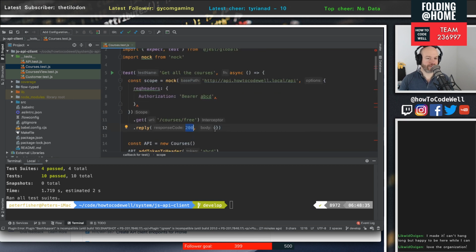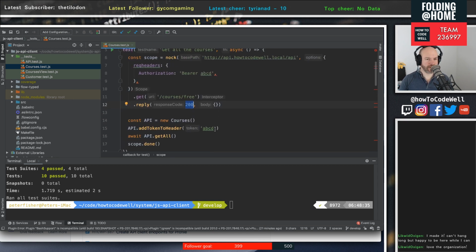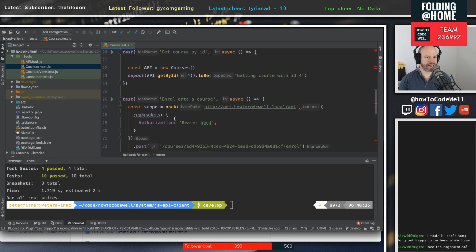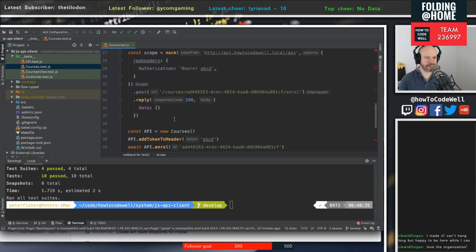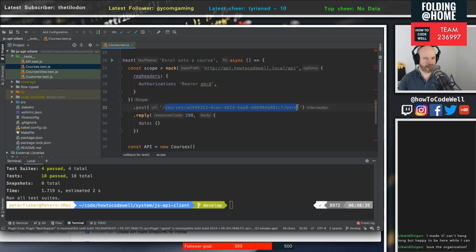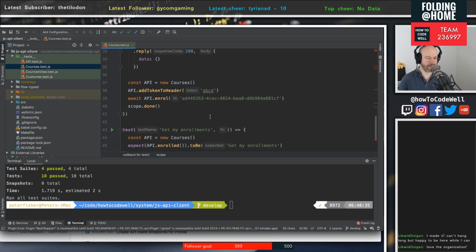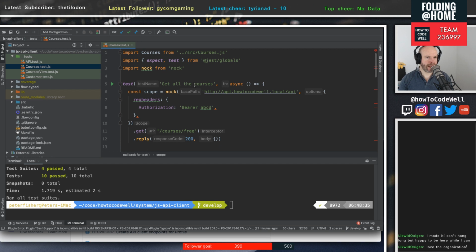You can go into a lot more detail with this, you can even mock the body, but we don't need to at this stage. I'm only worried about mocking the request itself. It's my way of creating the actual requests and testing that the request can be made, and the requests go through